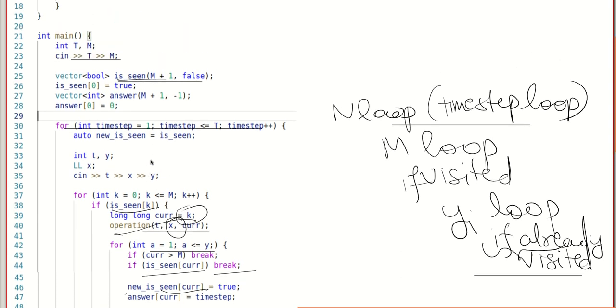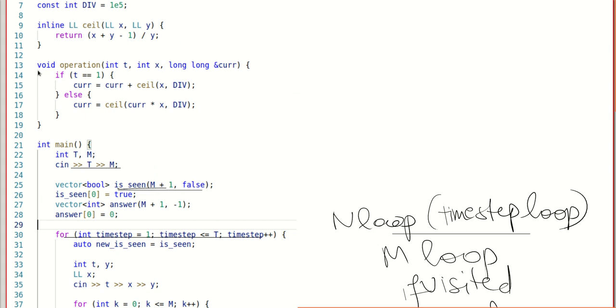The operation function is very simple. If the value of t is 1, that is, it is type 1, then we do k equal to k plus x, and then we take the ceil of it. K was already an integer, so we can take the ceil outward after.